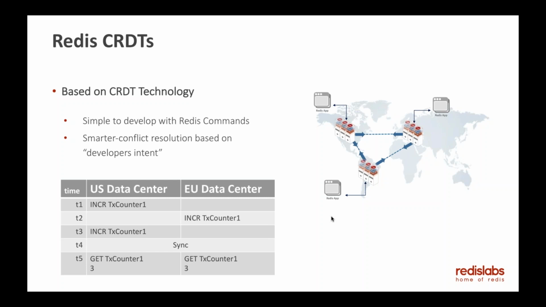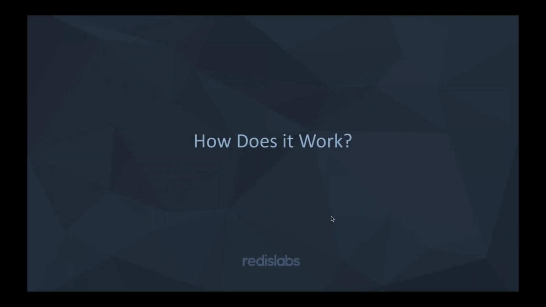In a case like last writer wins, you would have to pick one or the other side, just like the previous example we showed on the shopping cart. But in the case of CRDTs, we're smart about understanding the methods you use to get here, which are the incr methods, and we can understand that that method's intention is to really count items, so we can accumulate both of your increments across these 2 data centers. So these are a few examples of how CRDTs really simplify life. Let me show you how it actually operates underneath the covers